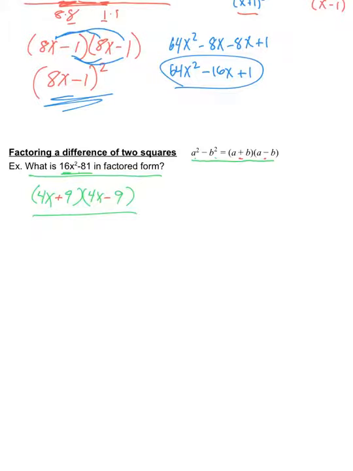And let's check it real quick. When we multiply it back out, you'll notice we do get our 16x squared, but we get this plus 36x minus 36x, which turns out to equal 0. And then we get minus 81, and